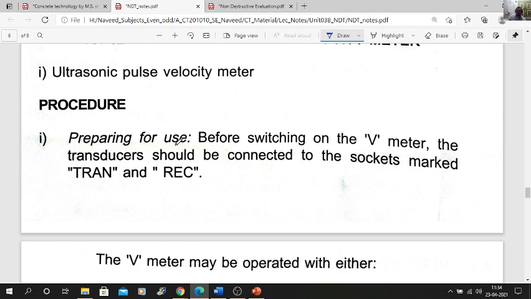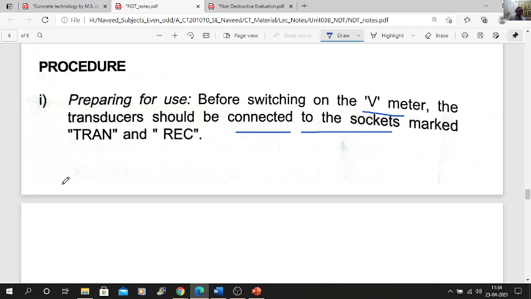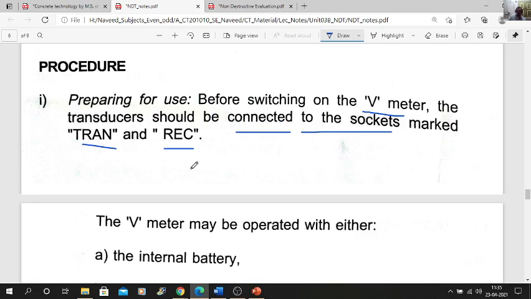Preparing for use: before switching on the V meter, the transducers should be connected to the sockets. It should be connected to the sockets as we have seen in the figure above. So you can see it is connected here to the V meter, the velocity meter, and they are marked transmitter and receiver.